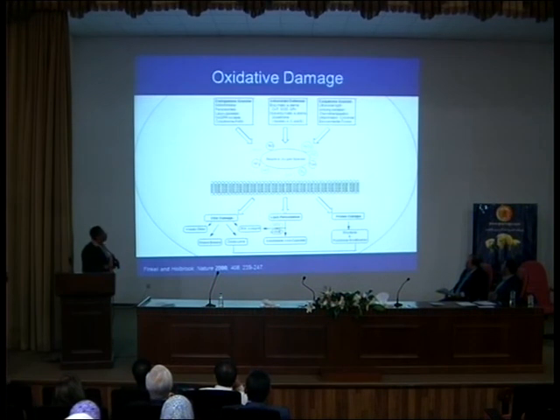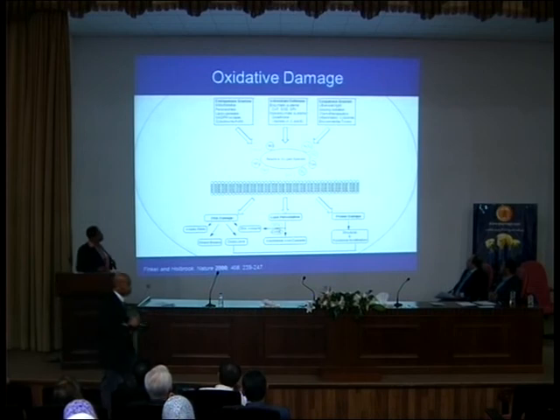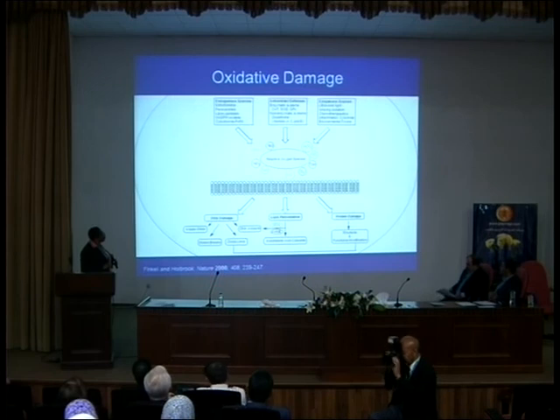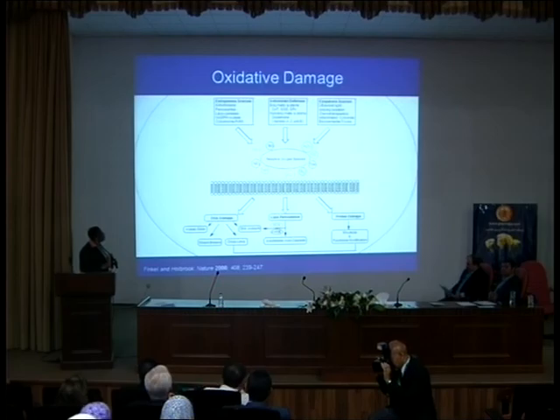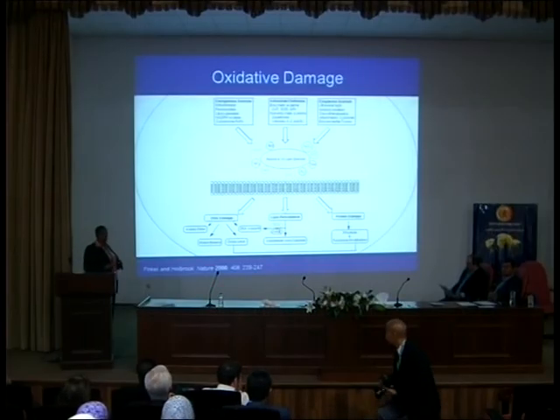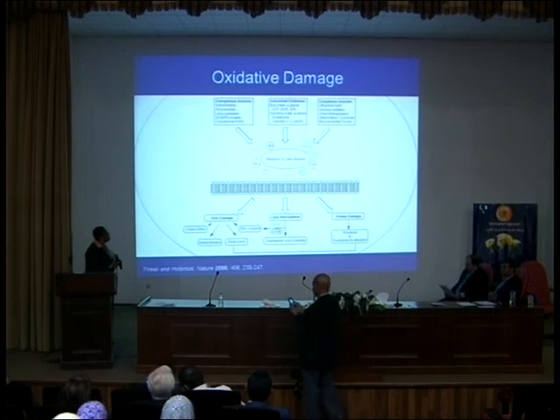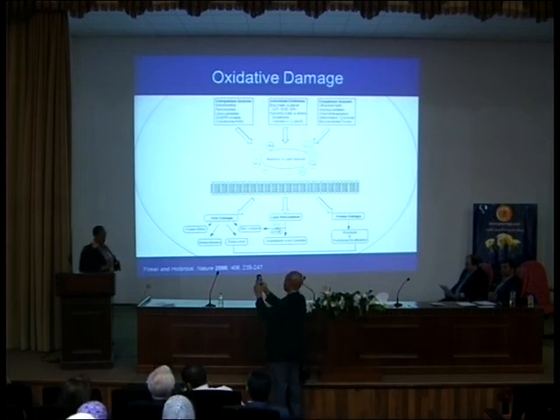This is my always introduction slide because I have to get people to remember some of these structures. What we're talking about when we're talking about reactive oxygen species are all of these small, highly reactive species that are generated. On this side, what you see are ones that come from the fact that we breathe oxygen, of course, and our body has to metabolize it. So you see hydrogen peroxide here, you see singlet oxygen, you see the hydroxyl radical, which is, of course, the major oxidant, and then you see down here the oxygen radical. What you see over here is hypochlorite. Hypochlorite is, of course, coming